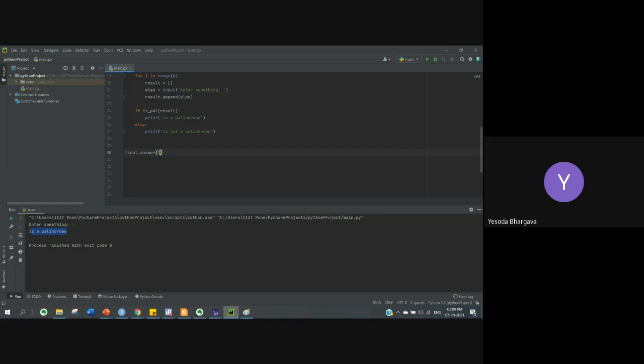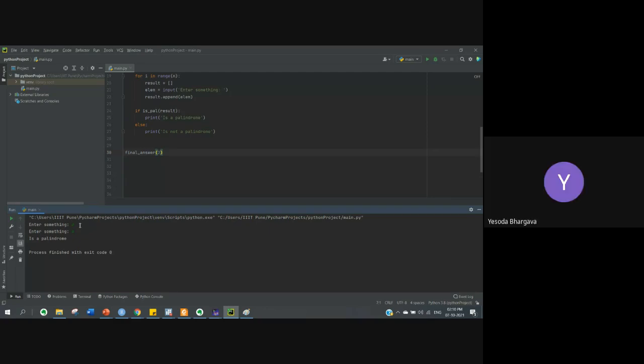Next we move on to a second level input, so let's say 2. If we run it again and I enter A and then B, again it is showing that it's a palindrome. So let us debug it for an input of 2, and then we'll slowly build up. Is it clear till now?